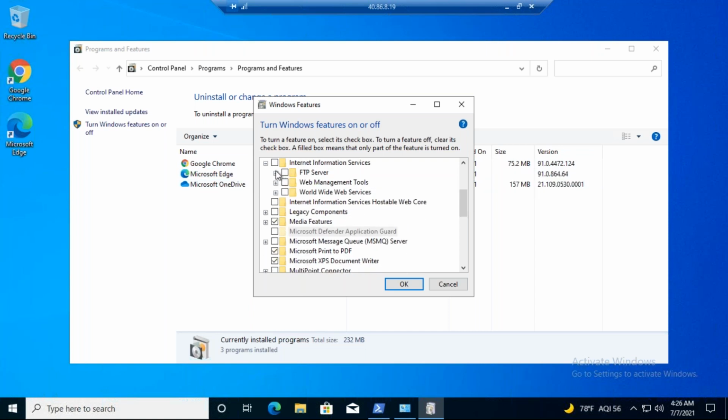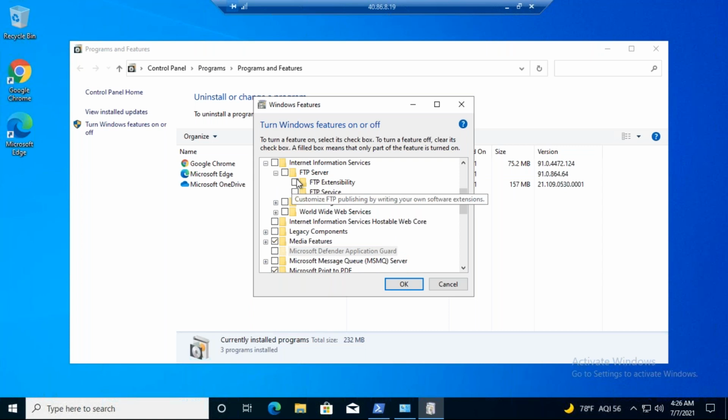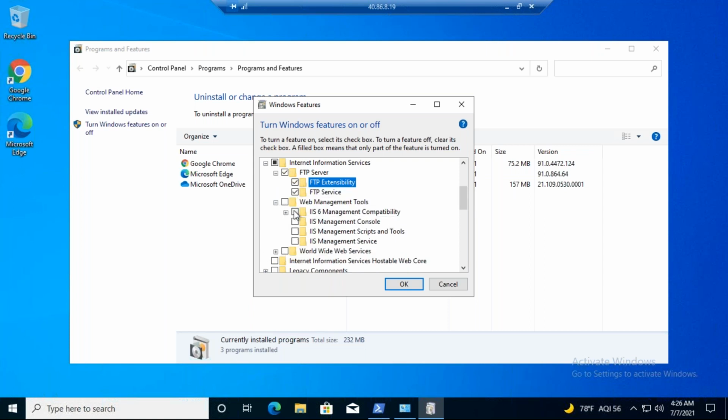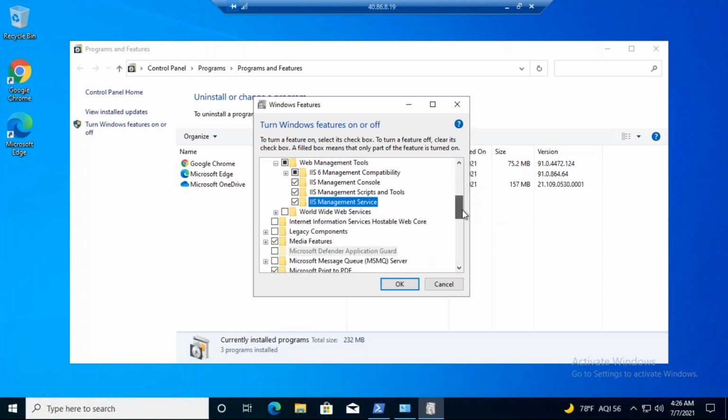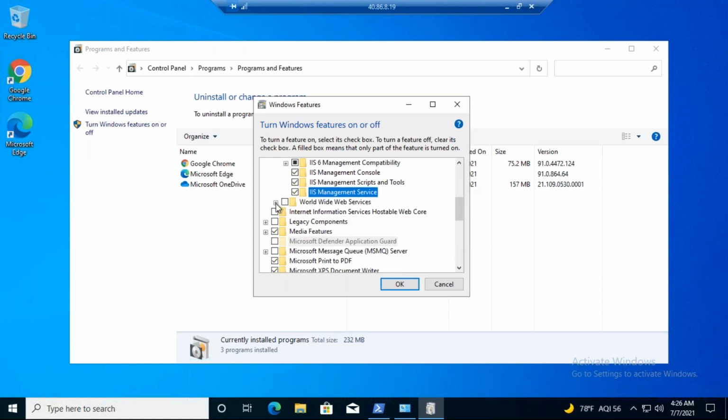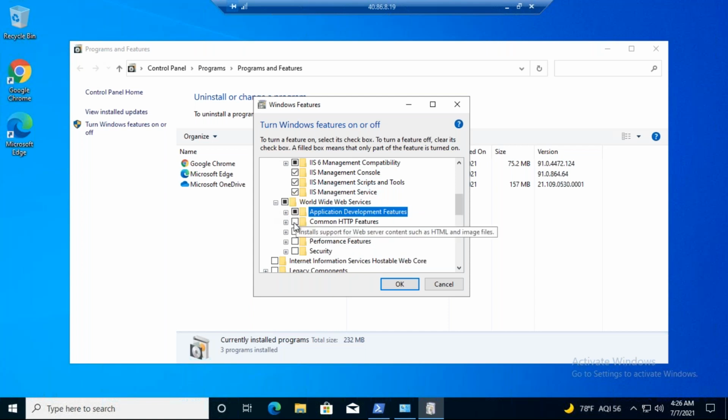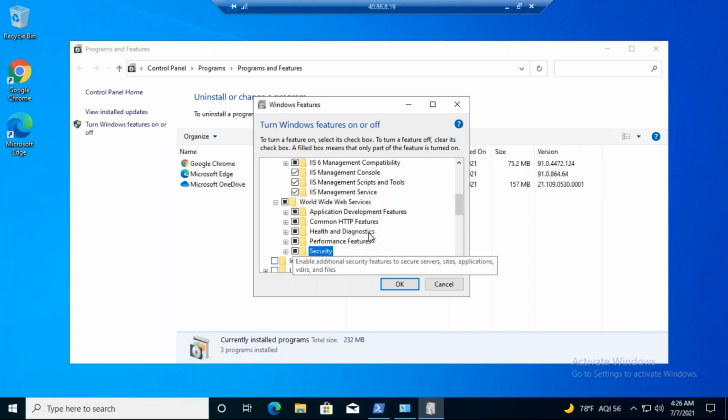FTP, under FTP, carefully enable all the services. Otherwise, if you miss one tick, one option, your server will not be enabled. IIS Management Console, Management Service, World Wide Web Services. So just randomly I'm selecting; the services related to IIS must be enabled.